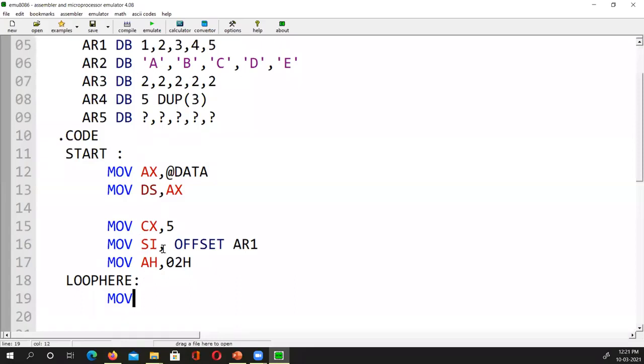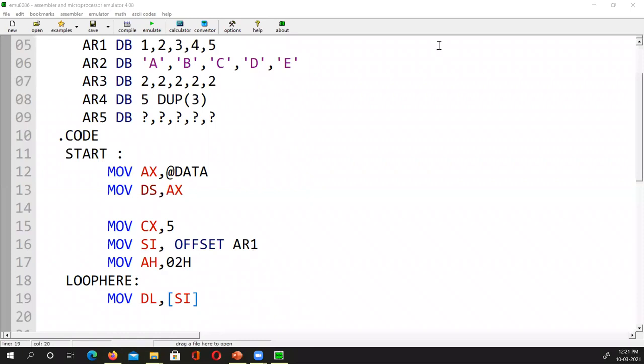So how will I get that? So move into the DL register. What shall I move? Braces SI. Very good, mashallah. Braces SI means, because SI is pointing to the AR1, right?